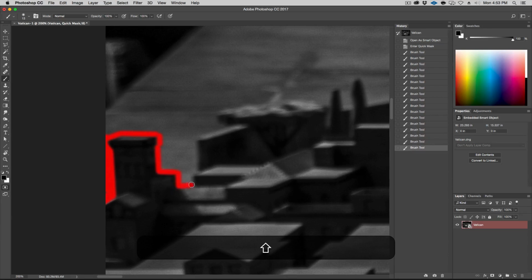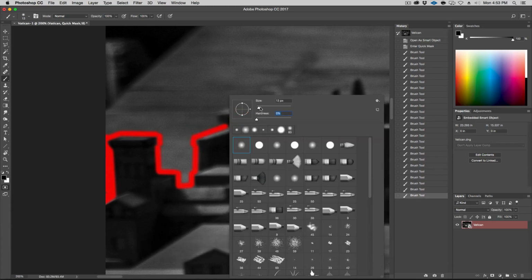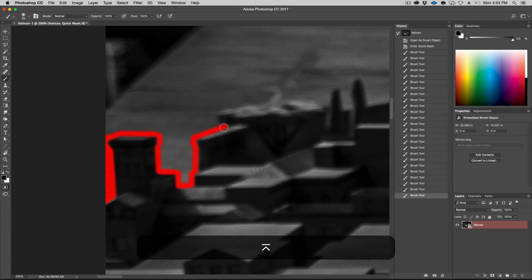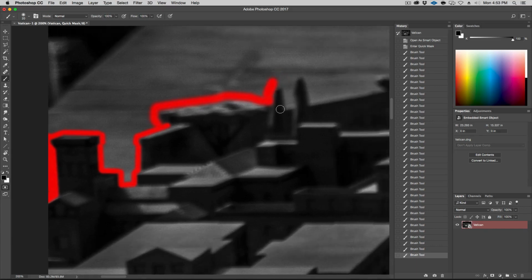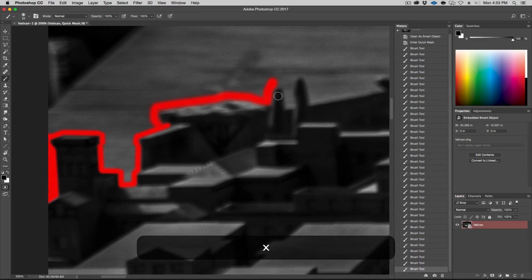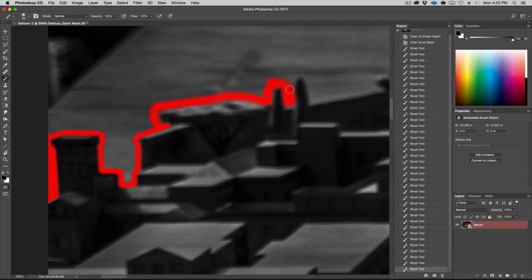So if you followed the rest of the course, by now you're familiar with this. It's a method I use quite a bit. All right, hardness a little too hard. Let's make this a little bigger. Something like that. I want it to be a softer edge, especially around here where it's kind of out of focus. If I miss a spot like that, you hit X. That means the white comes in the front. X is to reverse colors, front and back. X again, now my black is the foreground. So that's a cool little shortcut when you're using masks.